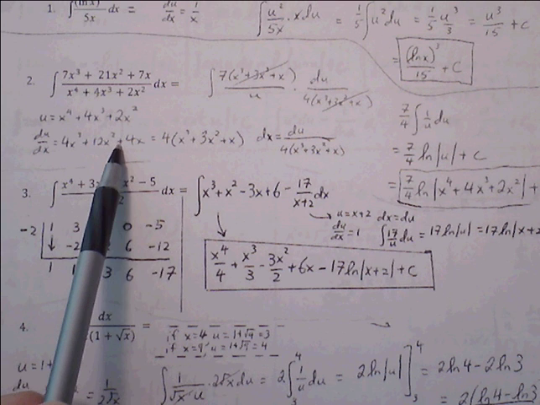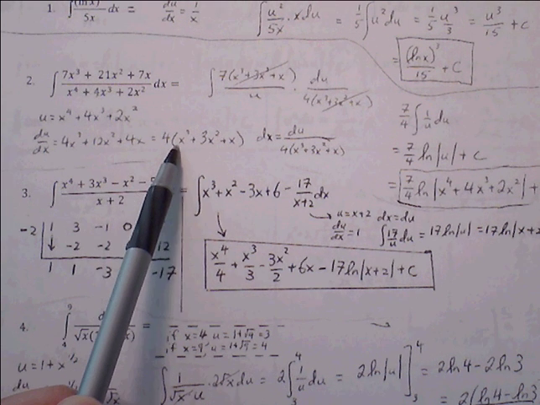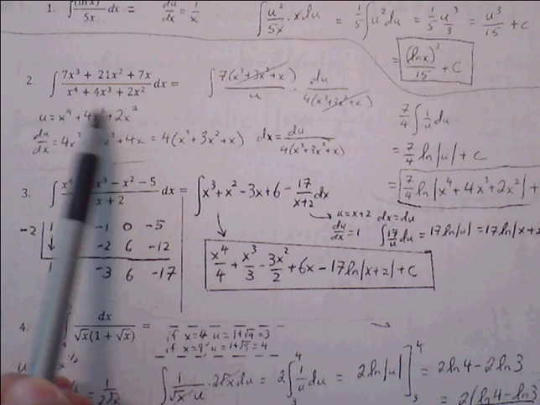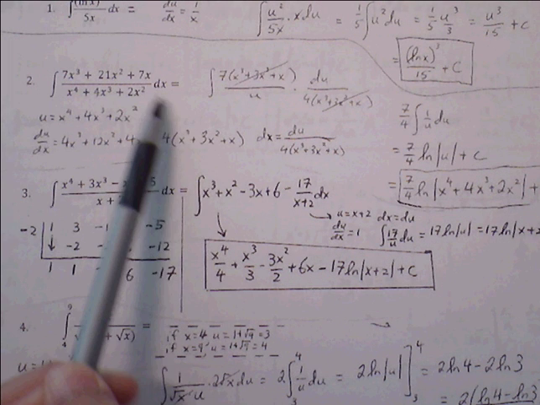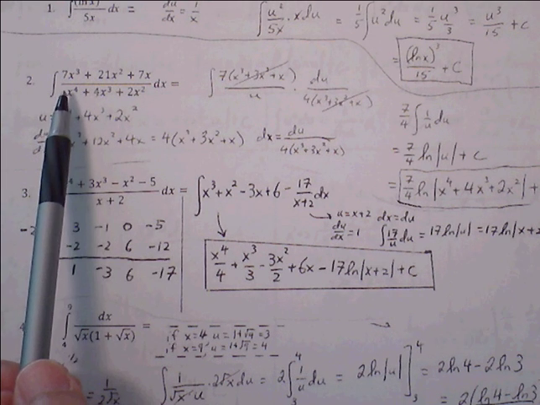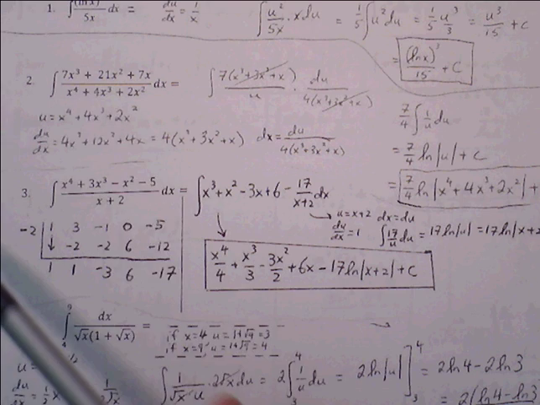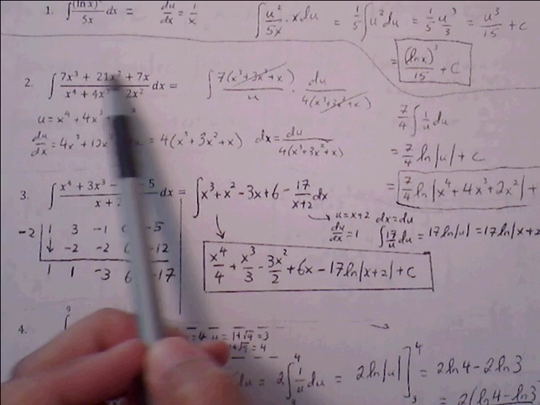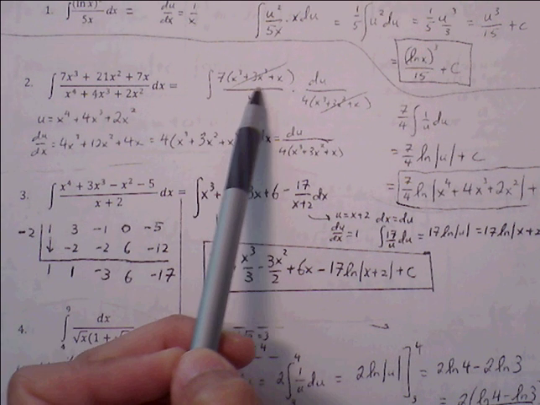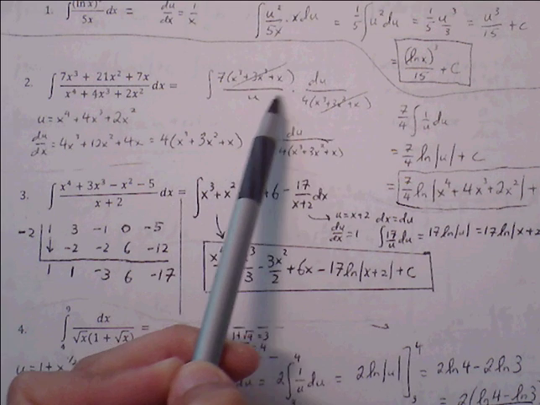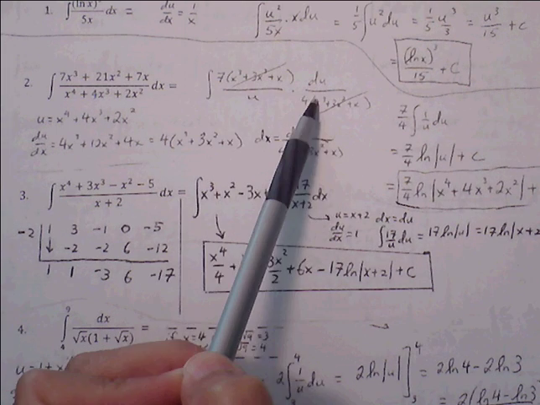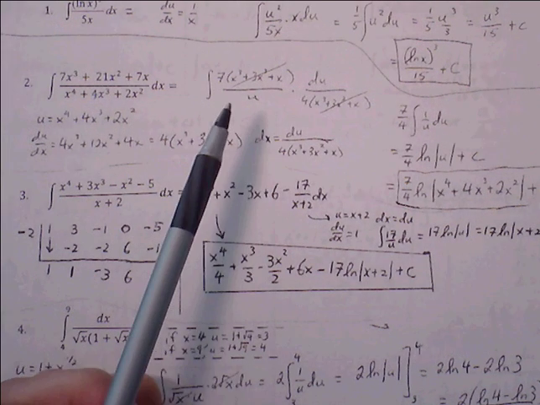Now at this point, if we factor out a 4, we're left with x cubed plus 3x squared plus x. And this begins to look a lot like our numerator. Not perfectly exact in terms of every term, but let's see if we can get these two to match. What if we take the numerator and factor out 7 from each of the terms? If we factor out 7, we get x cubed plus 3x squared plus x. And now we have these two parentheses matching up. So it's a perfect match. We can cancel all of these out, and then we're left with a nice